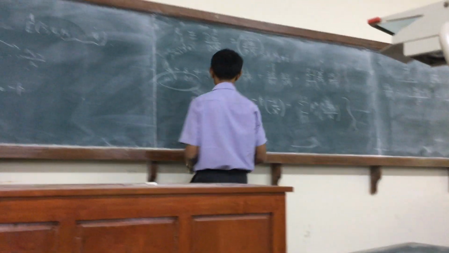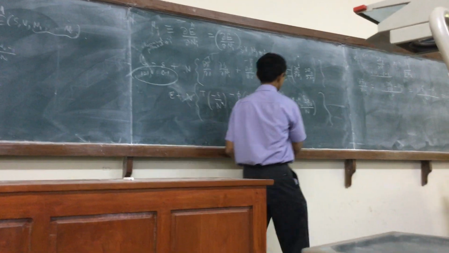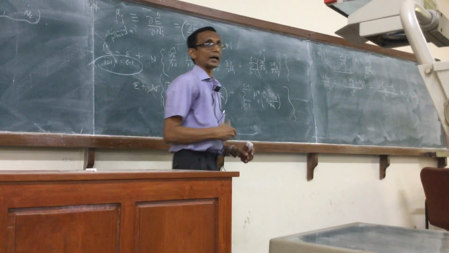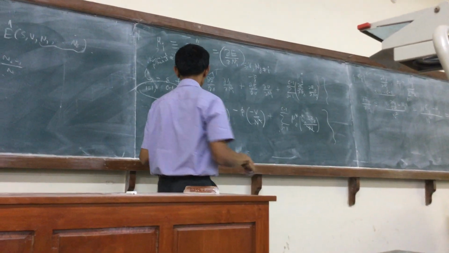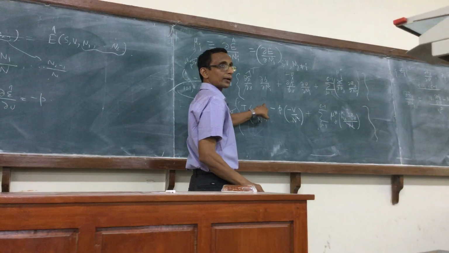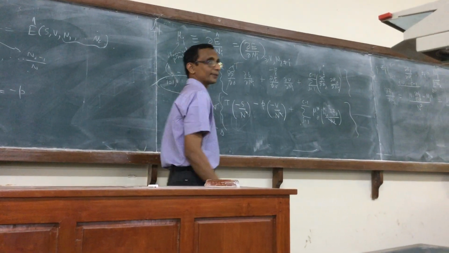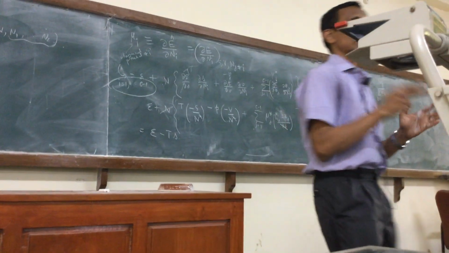So the point is that one of the n's can be cancelled, and this n will cancel with that. So let's now rewrite that. This will be E minus T over capital S over n, right? That will be minus Ts. I'm now reverting back to the